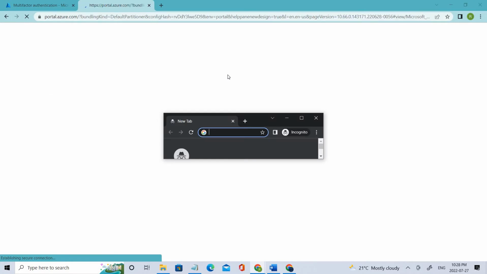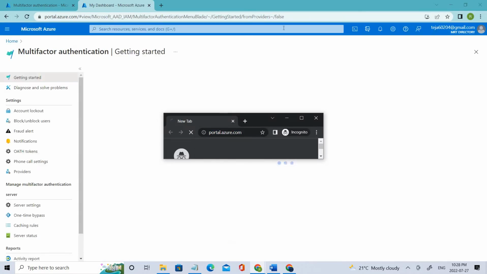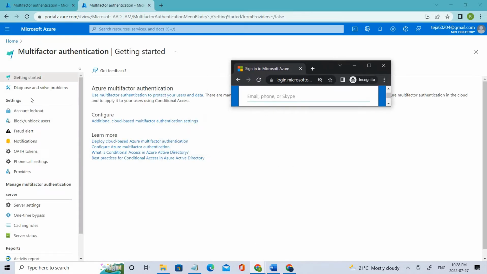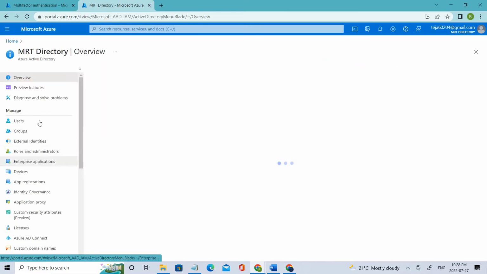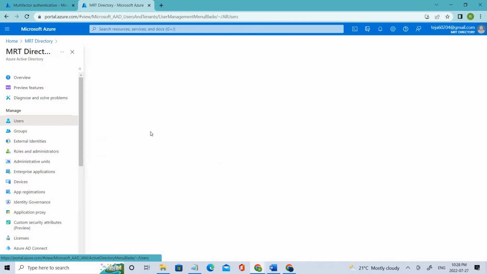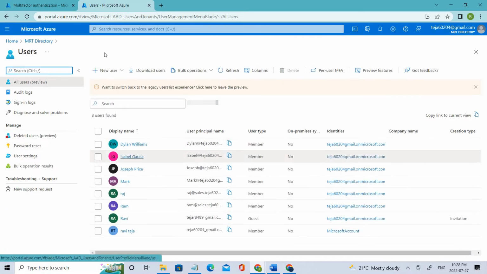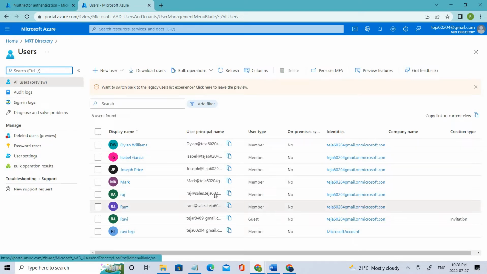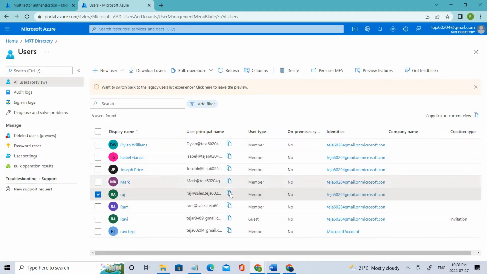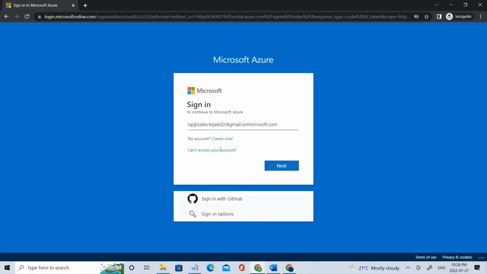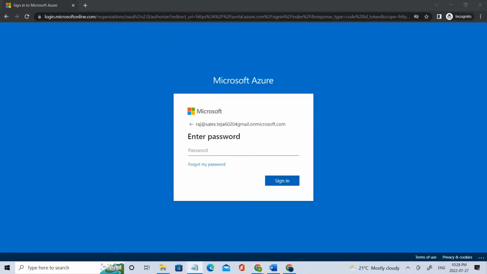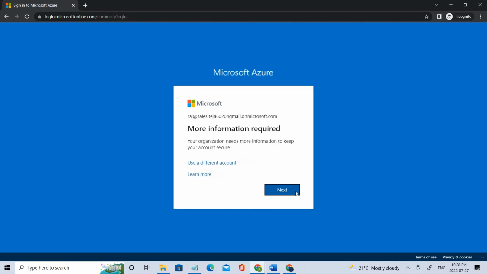Meanwhile, let's go to the portal.azure and let's use the user's ID here. If I go to the users and if I add this Raj, there you go. So I've copied the user ID and let's add the user ID and let's paste the password too, and let's go to the